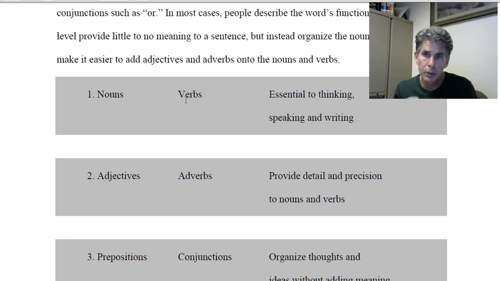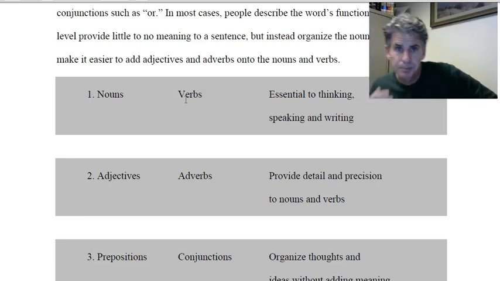And I'm going to go through those together because those at their heart make up what are going to be called clauses. When we get to chapter 3 on clauses, you're going to see that nouns usually function as either subjects or as objects. That's what they do once they're put into a sentence. What they are is nouns. What they do is function as a subject or an object of a verb, or they can be an object of a preposition. So they have 2 and possibly 3 major functions. So that's what they do.